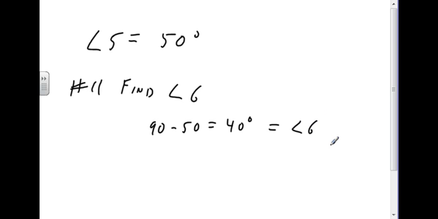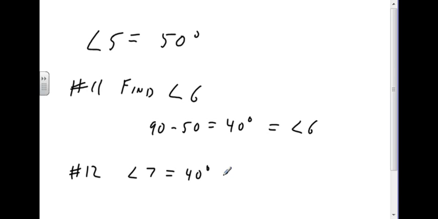And find angle 7. Okay, angle 7 is equal to angle 6, so angle 7 equals 40 degrees. We wouldn't even think about it. Number 13, angle 2. Okay, angle 2 is a